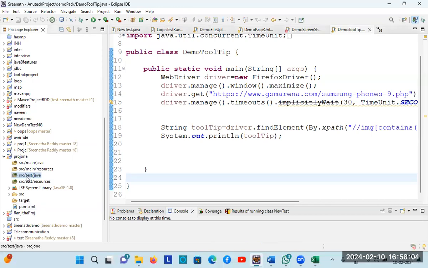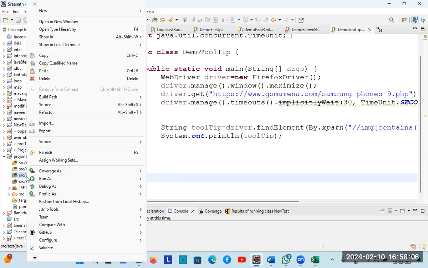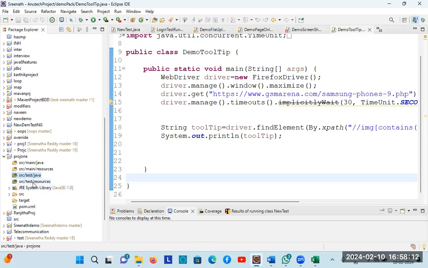Actually, my doubt is we have to give packages in the src folder, right? At the bottom of the src. We can give it there too, right? We have created packages in the source folder. Yes, we can create anywhere, but